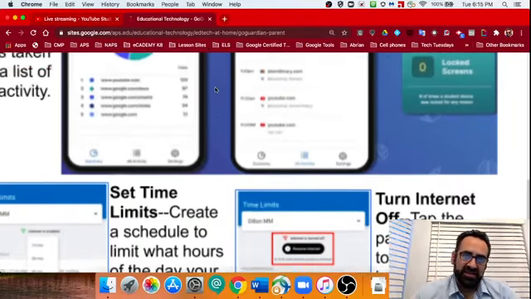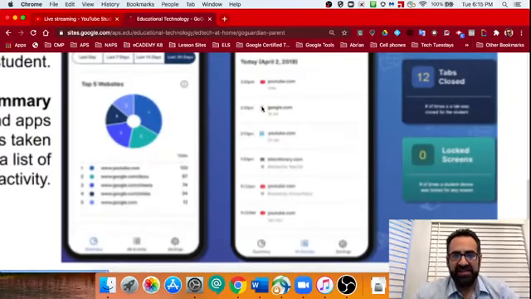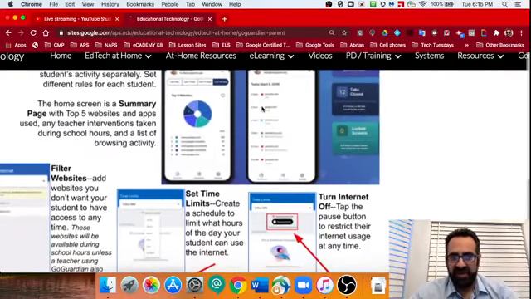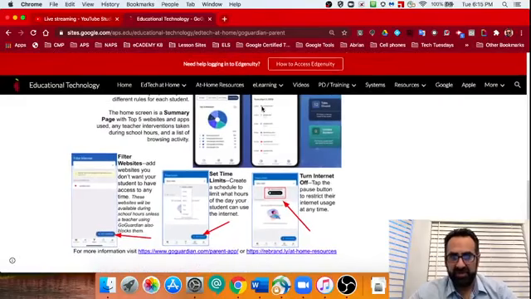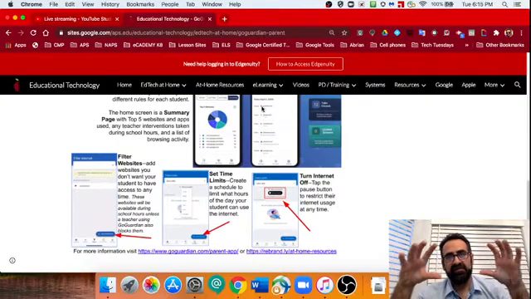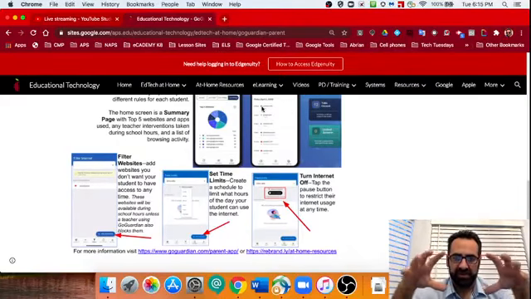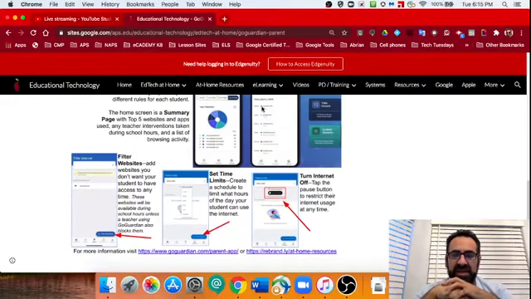Goguardian is not just a passive monitoring application. And what I mean by that is that it is not just running in the background, being a big brother, tracking what your students are doing. It is, but that's not all it's doing. Goguardian has a totally, I want to say separate but concurrent piece that works along with this monitoring